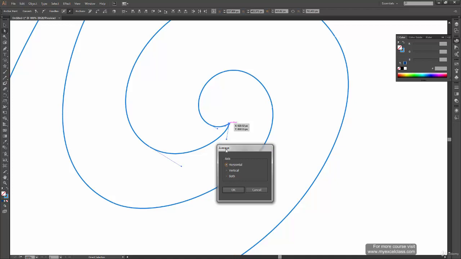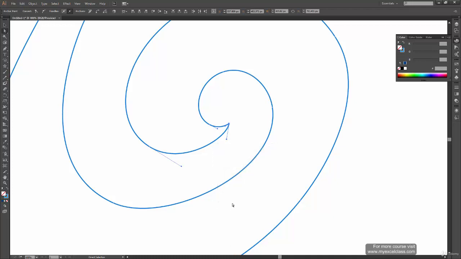Do you want to snap them, or align them in the horizontal direction or the vertical, or both? If you use both, they will be snapped to a single point. Let's say both, and then when they are at a single point, you can right click and click on join to join these two anchor points. Now when you select this and move, you can see you have a single anchor point. So yeah, we have closed the path from one side.